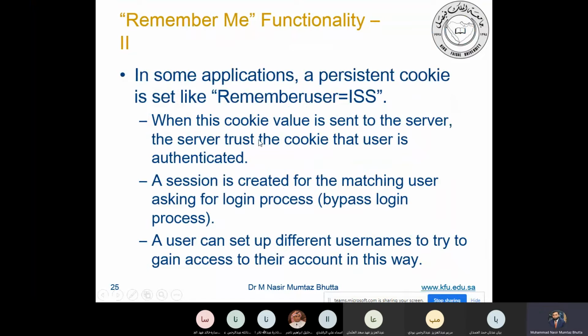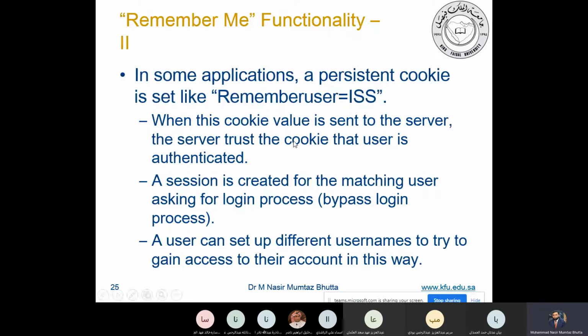And later on, when any request goes, the cookie's purpose is that the browser sends this cookie information to the server so that the server can know which user is communicating. You remember the session management, students? Yes, doctor. So when you send any request after you have checked remember me, they send this username in the remember me user cookie. And when this cookie value is received on the server,